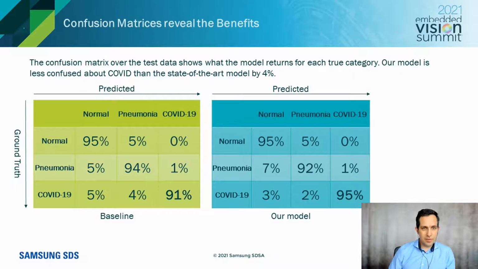Ultimately, this is our confusion matrix on the right, as compared to the confusion matrix of the most accurate paper to date prior to our study on the left. And you can see that the recognition efficiency of detecting true COVID-19 cases as COVID-19 is 95%. And some COVID-19 cases, 3% are detected as normal, and 2% are detected as pneumonia. That is, of course, to be expected. You always get a certain number of false positives and false negatives in any AI system. But we can see that the overall accuracy has gotten better by this methodology,